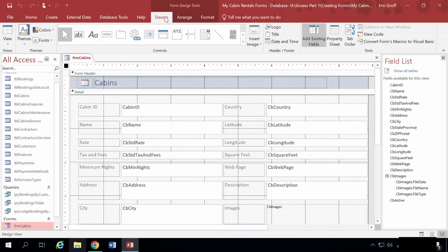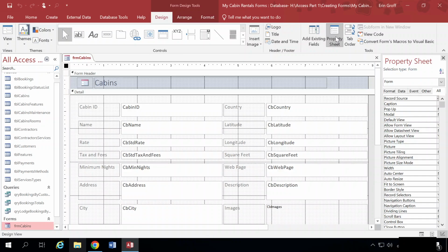So on our Design Contextual tab in our Tools group, we're going to select Property Sheet. And we want to scroll. We want to make sure that we're on our All tab, and we want to scroll to see